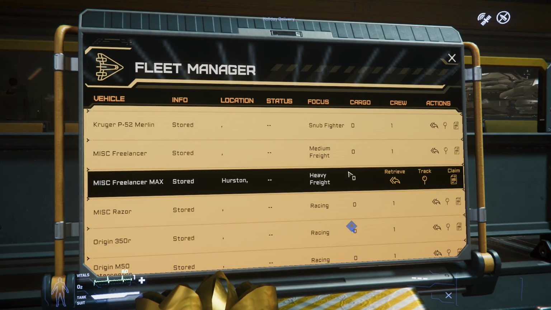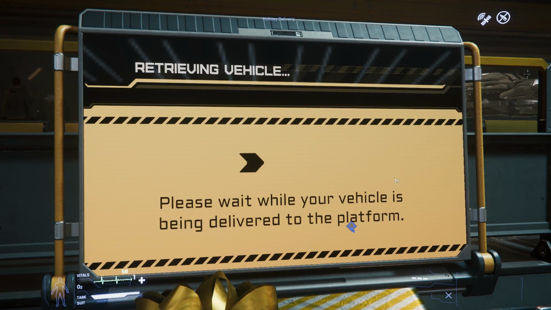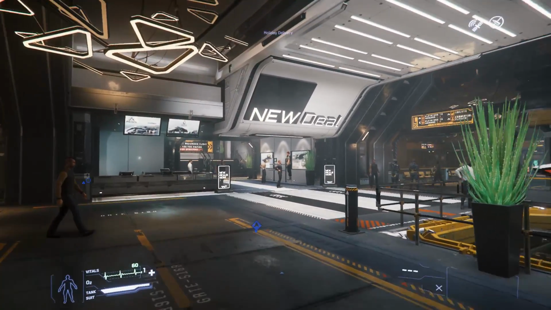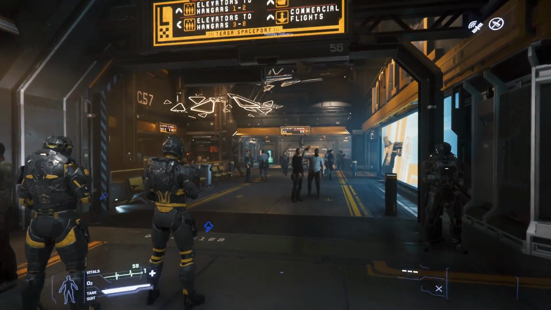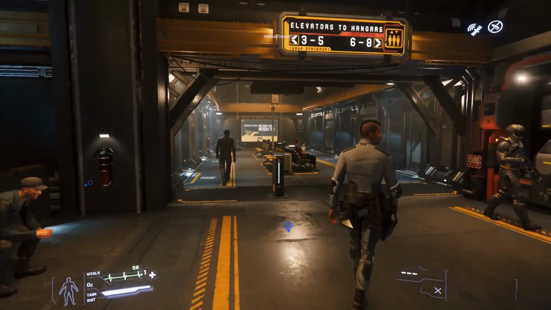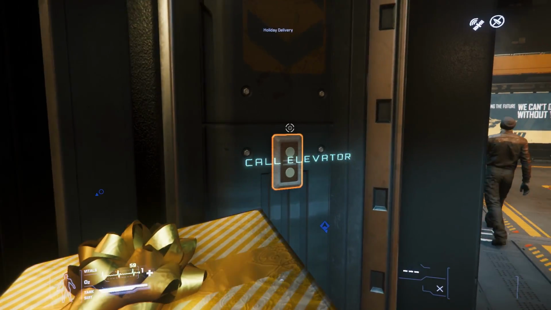The Freelancer Max was added in patch 3.4. It's one of the new variants for the Freelancer. The base variant for the Freelancer has been in game for ages. It was in game when I first started playing. But the three new variants, which is the DER, which is the exploration model that has long-range fuel tanks and is meant to be able to travel massive distances, is now in game. The MISS, which is the...